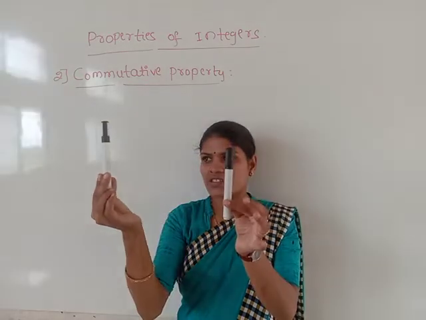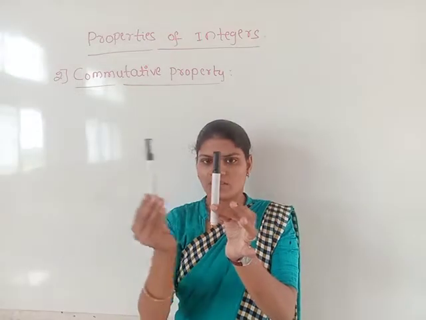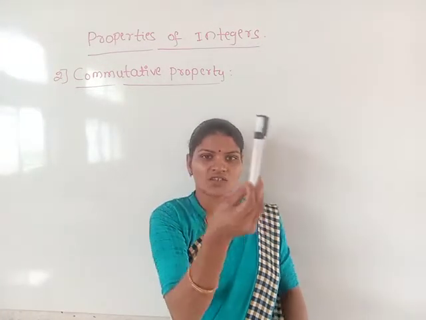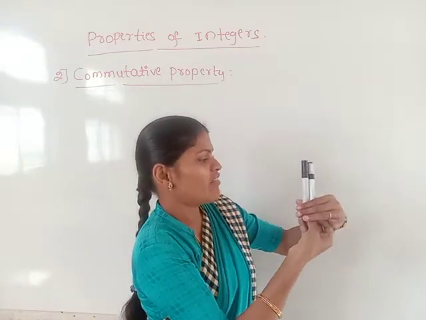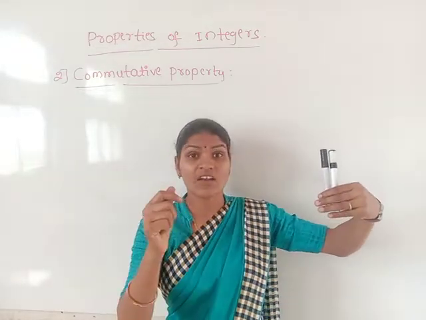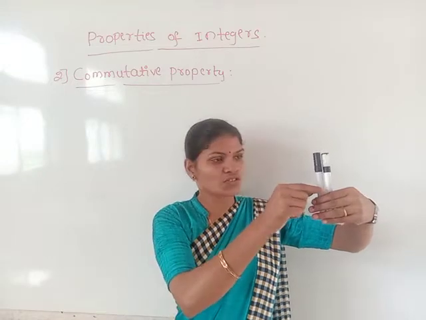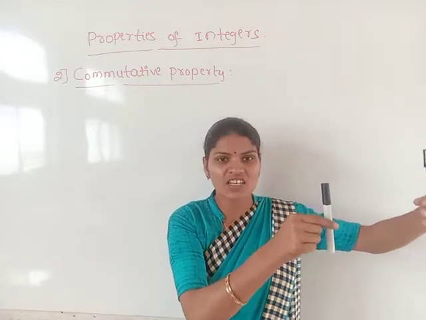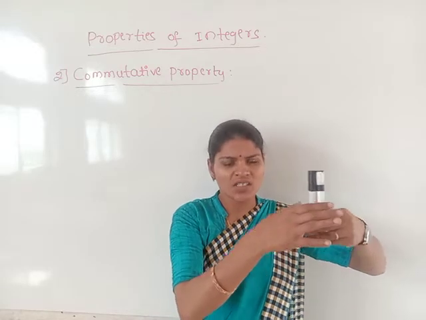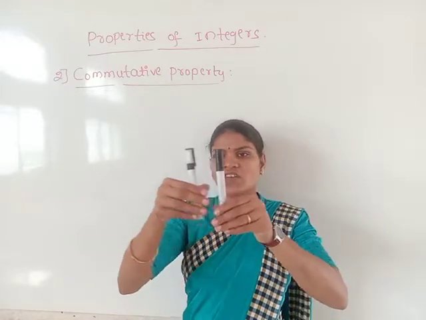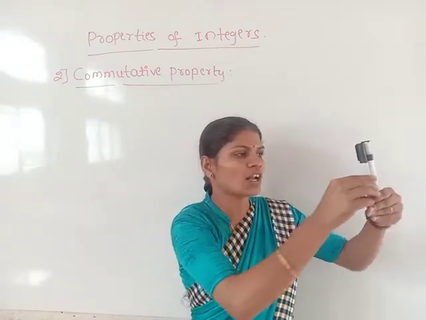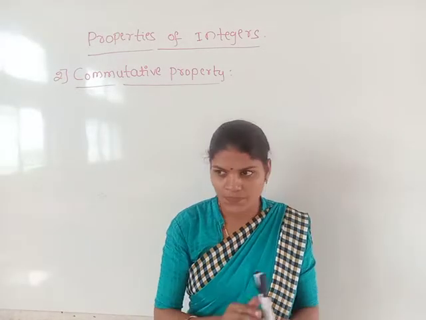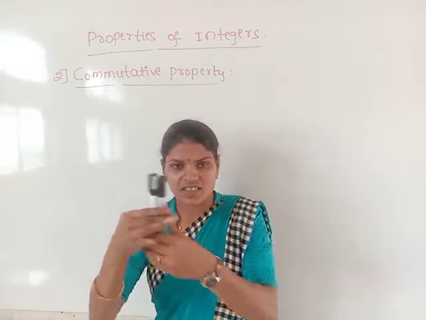So in my right hand side, this is the first number, this is the second number. Then if I take these two in the left hand side, I will change their order. This one I will consider as the first one and this one as the second one. Whether I hold it this way or that way, the markers on both sides are the same.